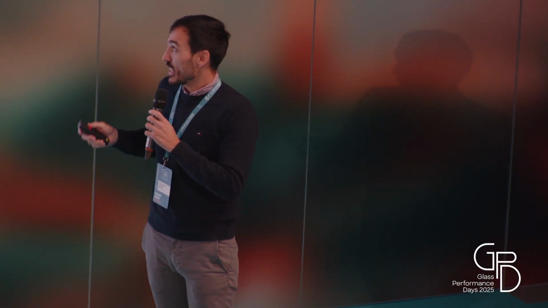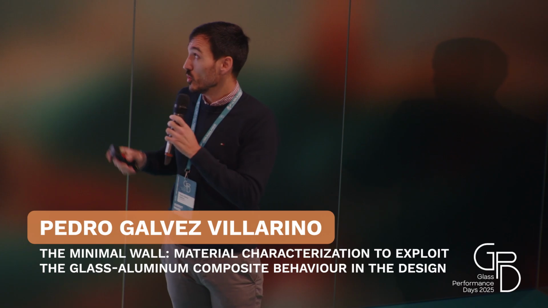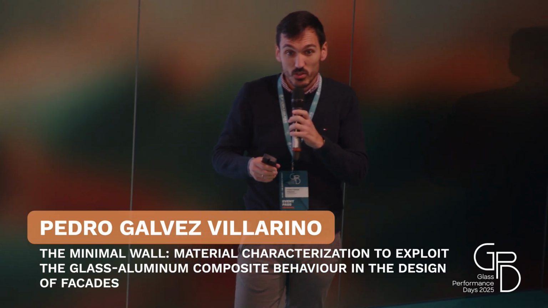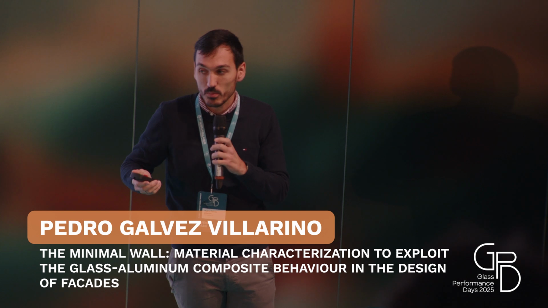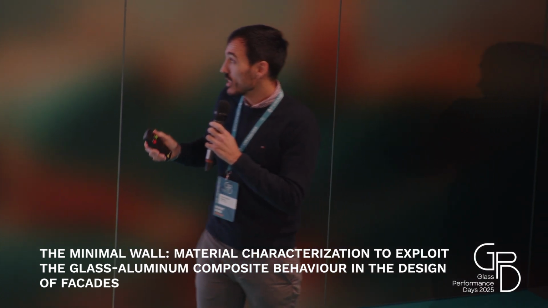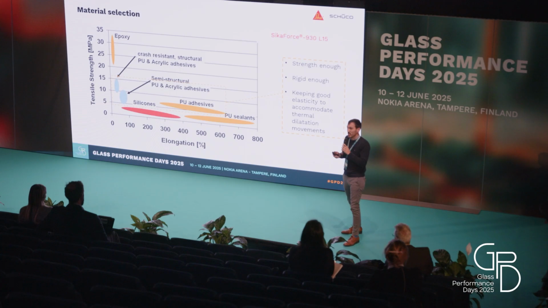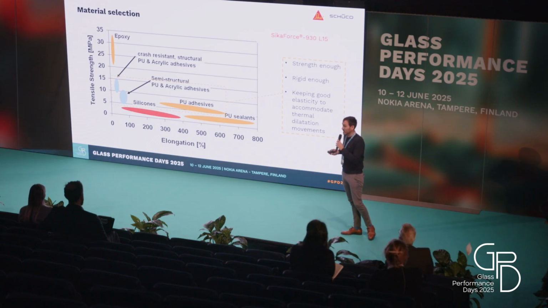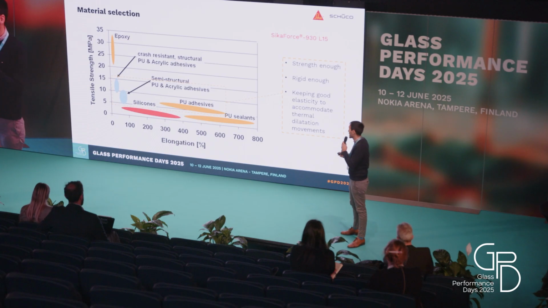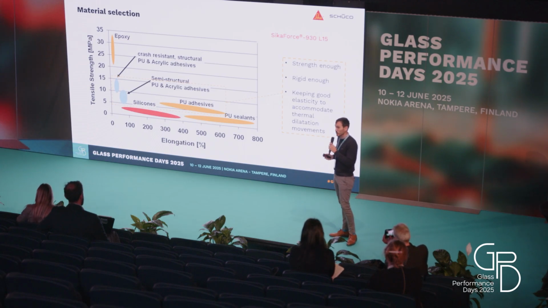So we need to find a product that is strong enough to fulfill the requirements from Schuko, but also rigid enough to gain this functionality with a composite action. But we need to keep certain elasticity for the expected thermal dilatation movements on the joints. And we found this nice product, Sika Force 930L15 from Sika, that could fulfill this